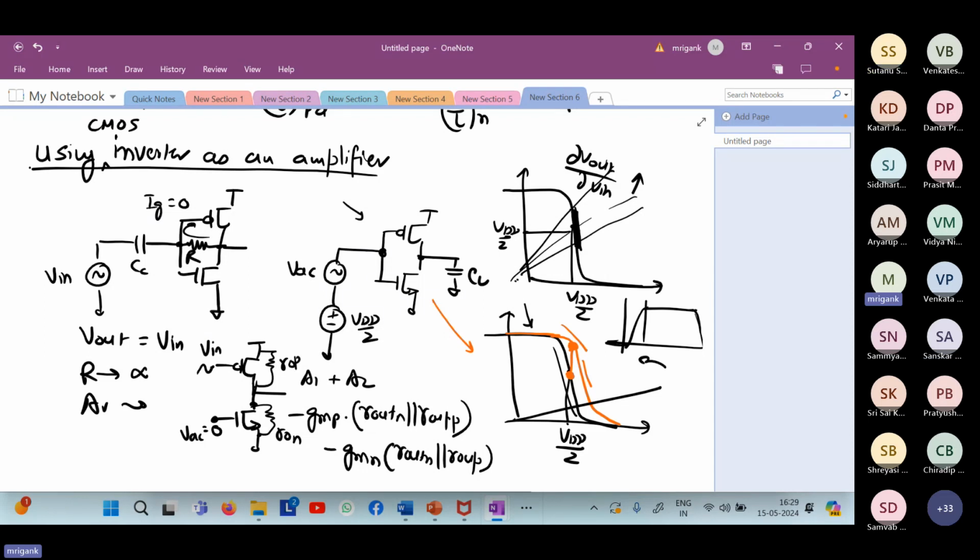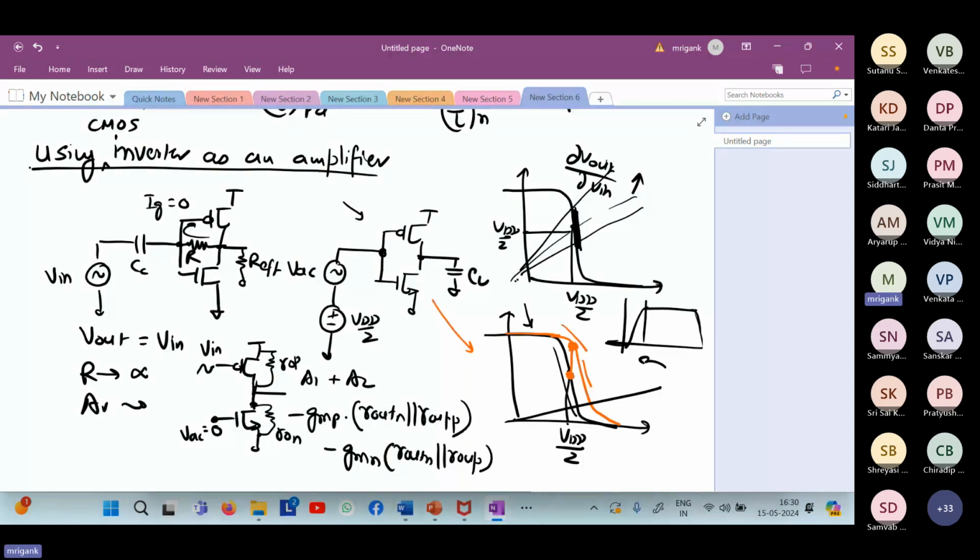If R is very large, effectively you can ignore the R if your R is much larger than RO. You can apply the Miller effect and break the R, and put the effective R here, R effective. Then you can see that if the R is very high, definitely it will play a lesser role. If the R is lower and lower, it will play more role. So lower R will definitely diminish the gain. That's what we see. Eventually, if R is sent to 0, it will reduce the gain to unity. So if your effective R over here is getting reduced, you will have lower and lower gain.